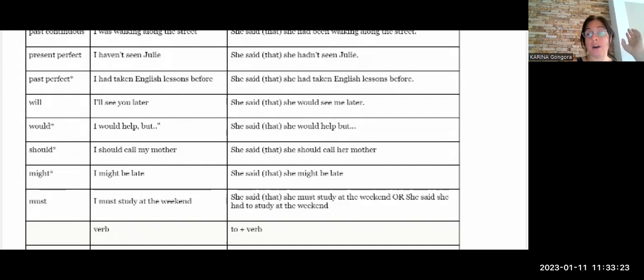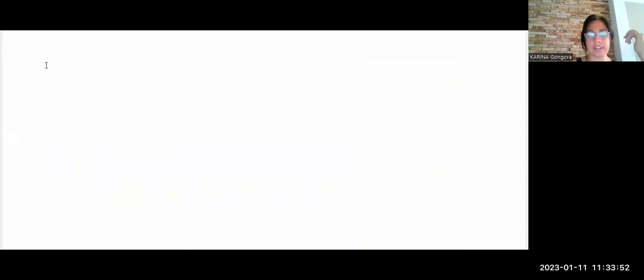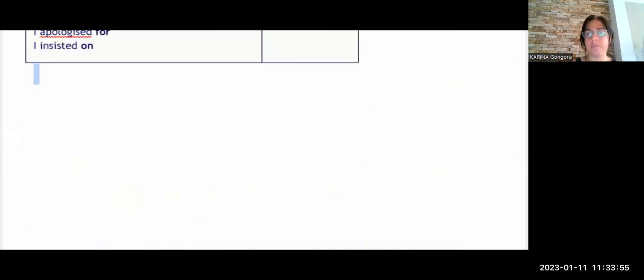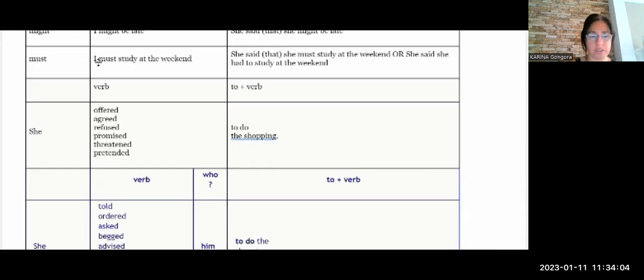We are going to have now two other problems. Vamos a tener dos situaciones problemáticas now. The first one, when what we are saying is not just a sentence, but it is an imperative sentence. Cuando la oración que estamos pasando es una orden. In that case, we need to remember some other details que ahora les voy a contar. Or when we, let's see if I have a space here. Yes, I will write it here. And then I will erase and that's it. And you will have the document, or maybe you can have it here. This is the reported speech table.